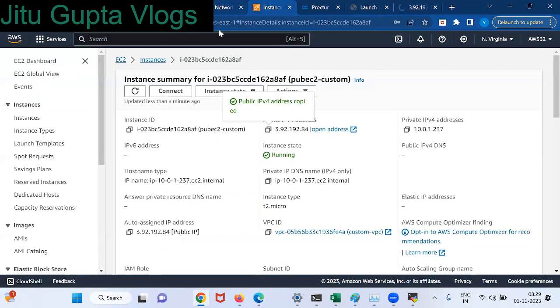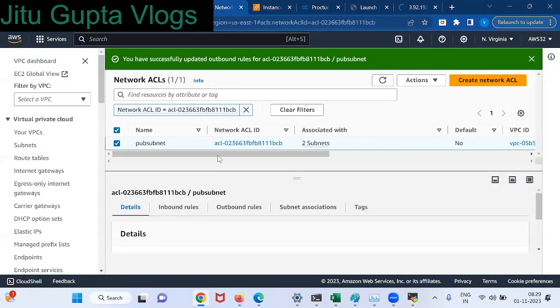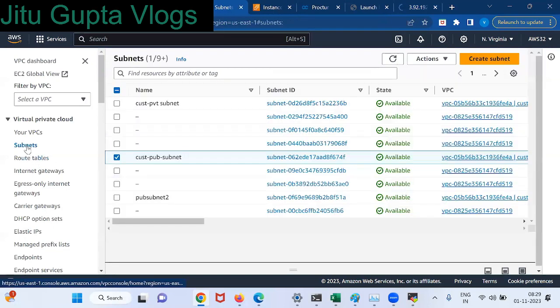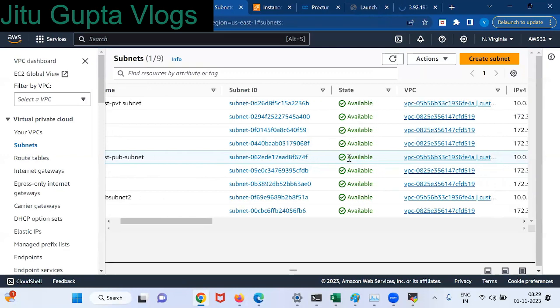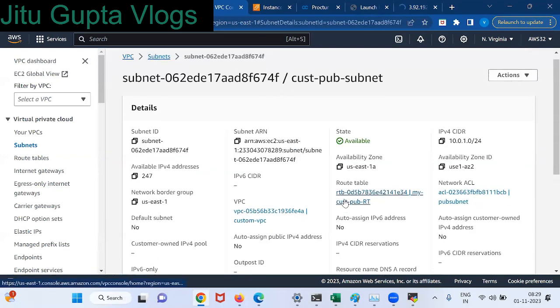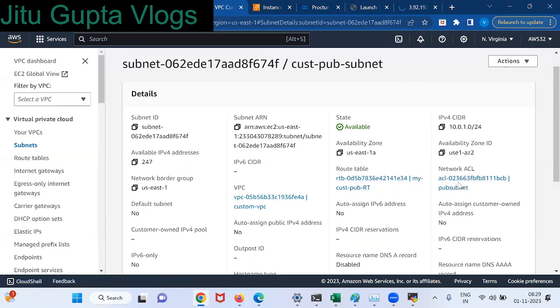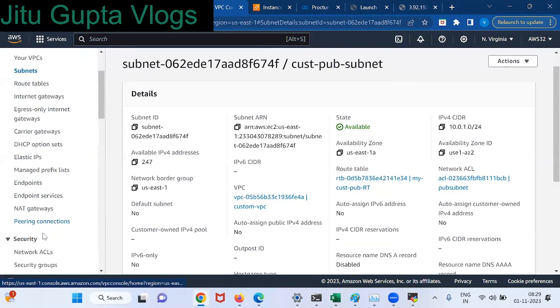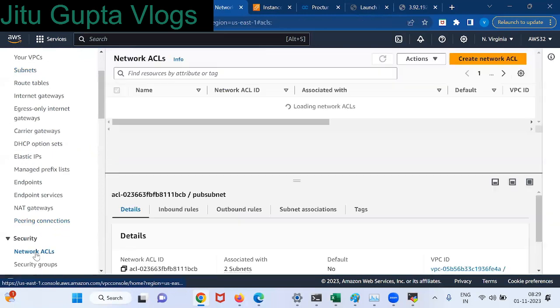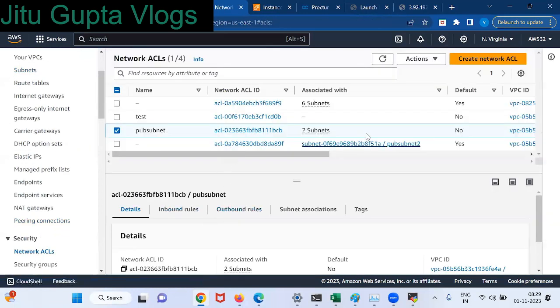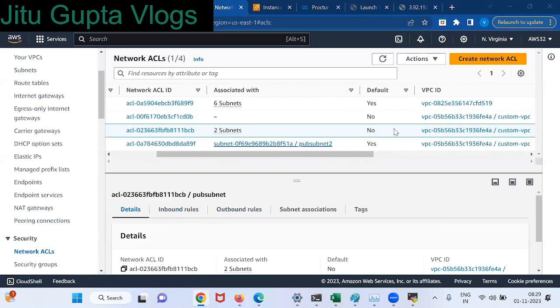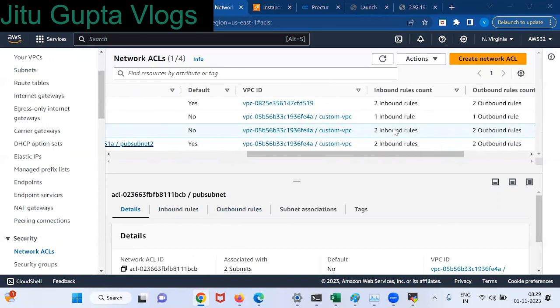Let me go and check the attachment. Already attached, right? ACL 02366. Go to subnets. Custom public subnet. Same number, right? 02366, yes, the same number only. I have attached the custom VPC, yes.